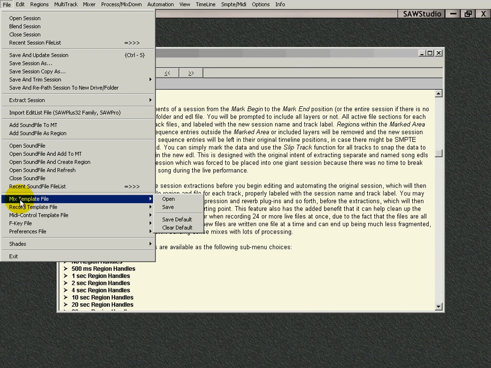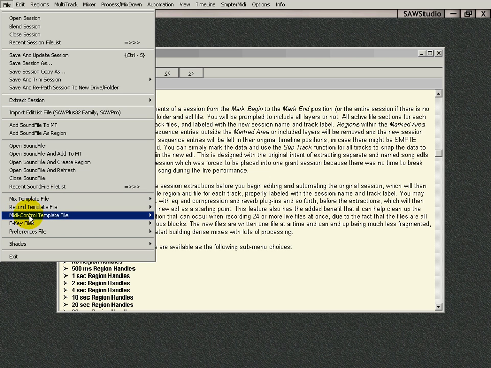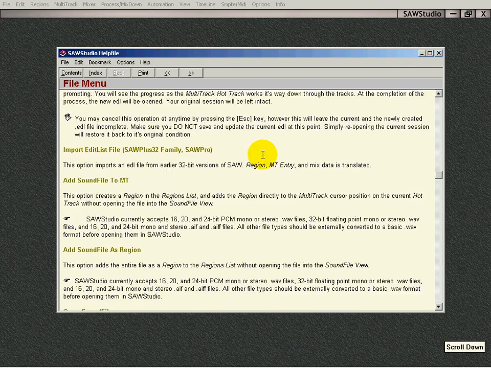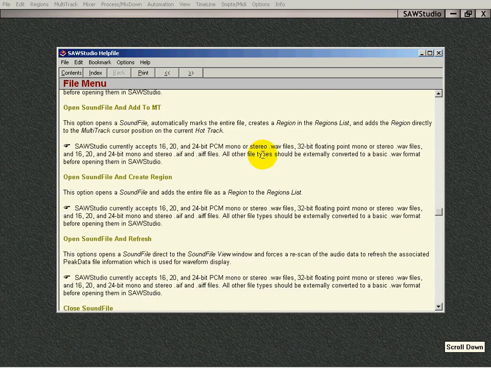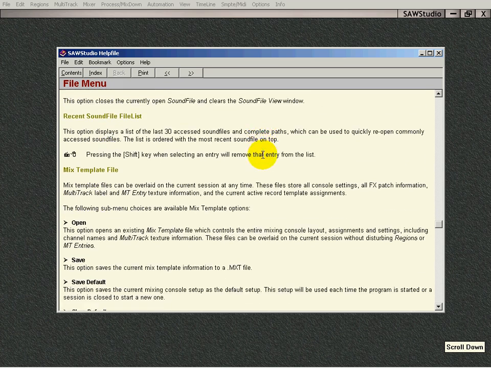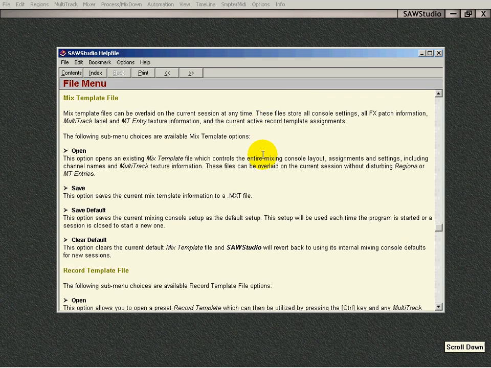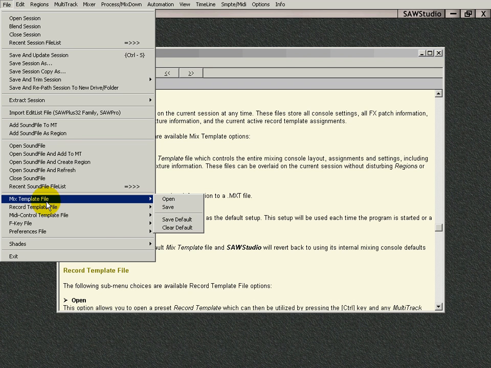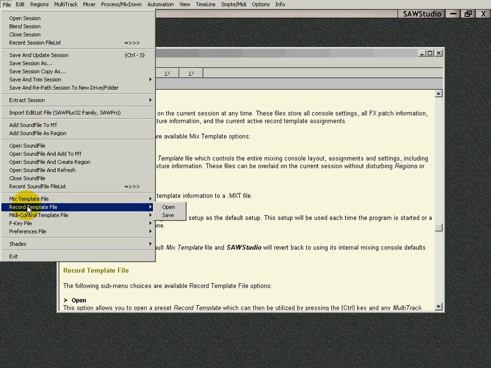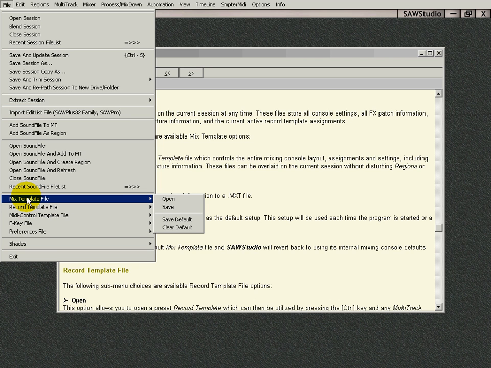Okay. Here's your mix template, your record template, your MIDI control template. These are pretty cool, and you've got to get in there and set it all up. And the mix template, this shows you exactly how to do it. Very easy to do, and this is where you access it right here. So if you have a special template for